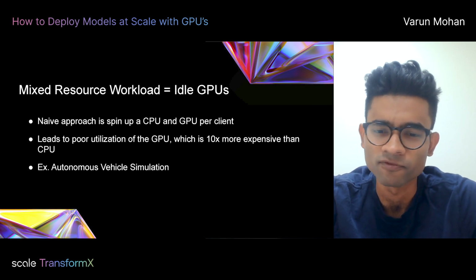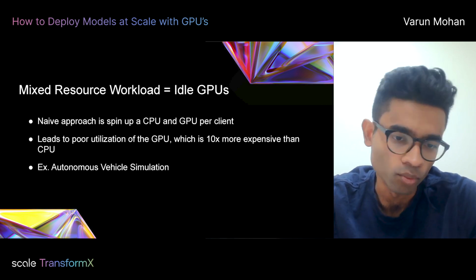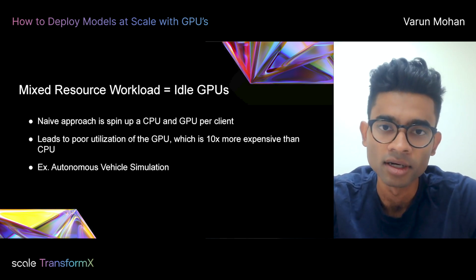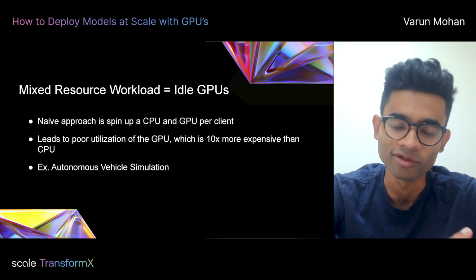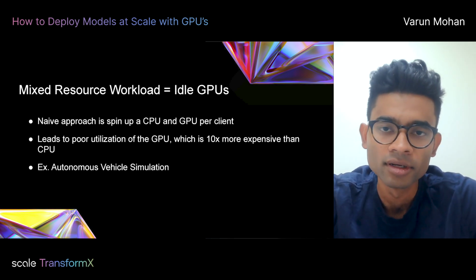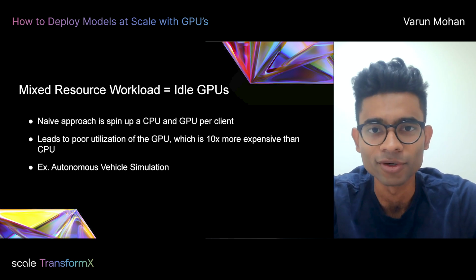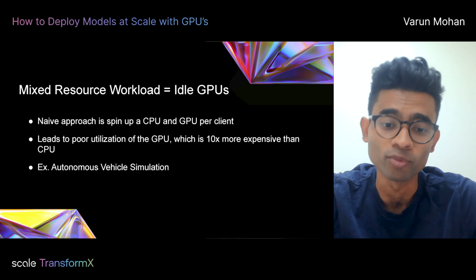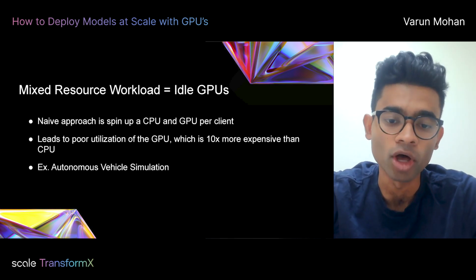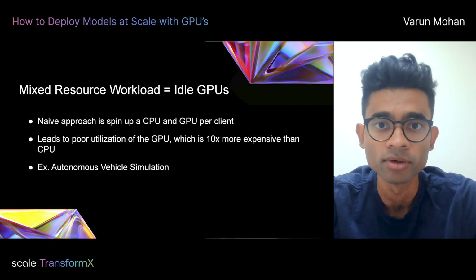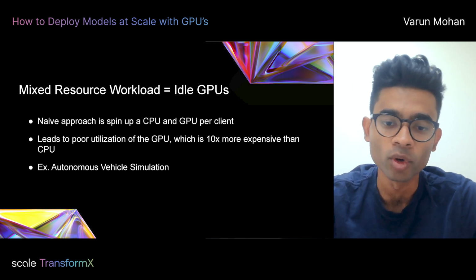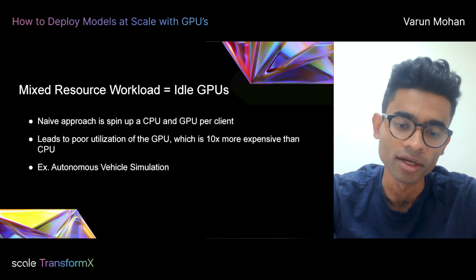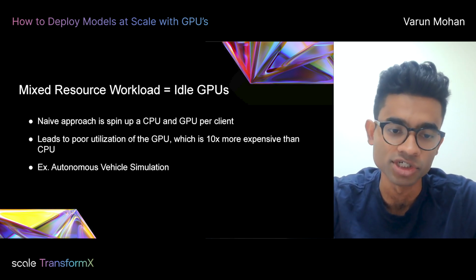For some context here, one workload that we're pretty familiar with at Exafunction is autonomous vehicle simulation. You're basically trying to get the code that ran on the vehicle to run in the cloud. Obviously, the code that runs on the vehicle has a lot of compute-bound elements. You're also, at the same time, potentially reading sensor data from blob storage, so you have network components too. And what ends up happening is, if you were to tie the CPU to the GPU, in other words, for every simulation that you run, you basically allocate a fresh GPU.